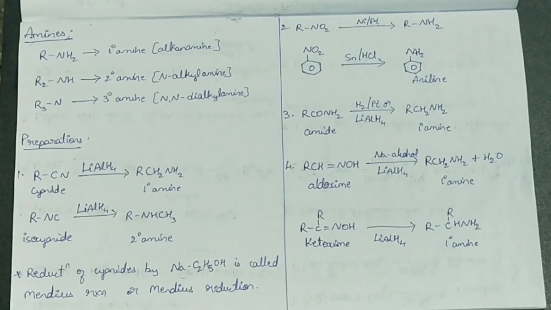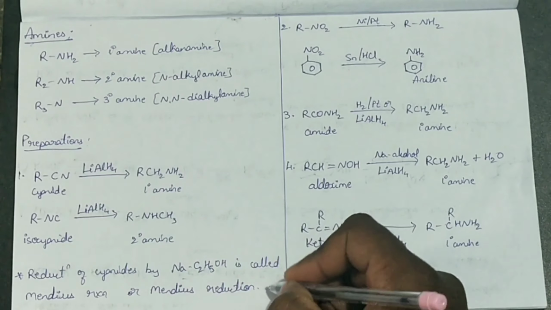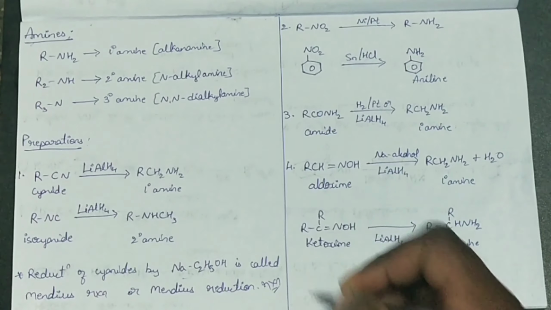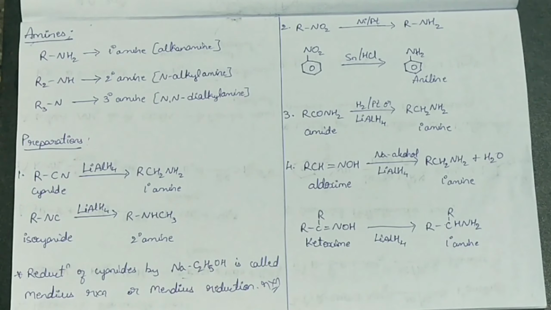Reduction of cyanide by sodium in ethanol is called the Mendius reaction or Mendius reduction, where reduction of cyanides by sodium in ethanol is called the Mendius reaction. The next preparation is from reduction of nitro compounds, where reduction of a nitro compound gives a primary